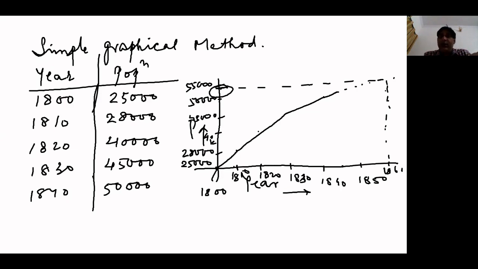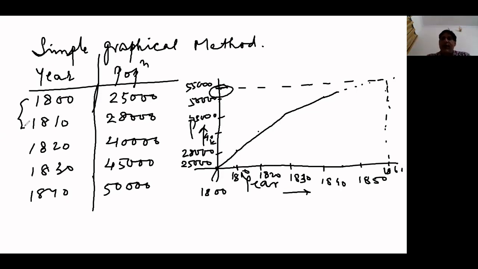So in this particular method, it is of prime importance that you need to have data as precise as possible. The more data you have, the more precise the results would be. Had this data not been in a gap of 10 years, but a gap of say a year, then the answer would have been much more precise, because more values would have been there to be plotted. The curve would have been much more precise.